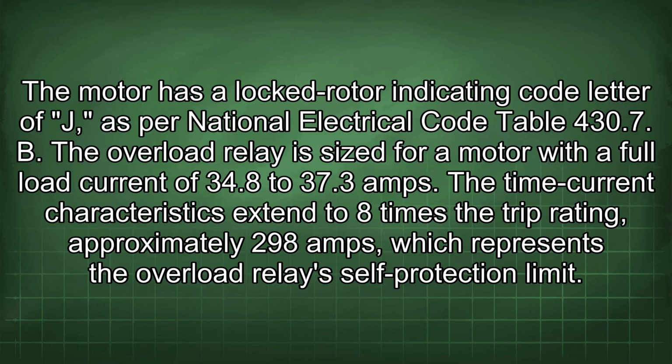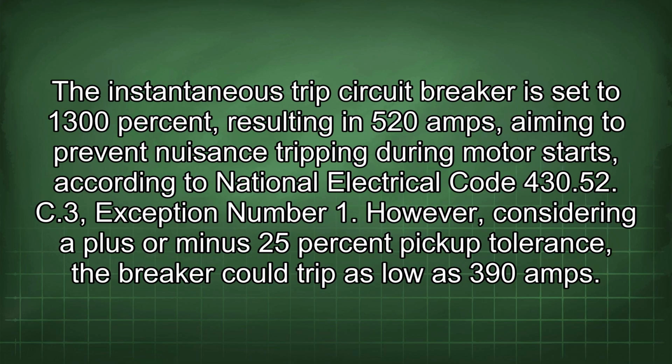The overload relay is sized for a motor with a full load current of 34.8 to 37.3 amps. The time-current characteristics extend to 8 times the trip rating, approximately 298 amps, which represents the overload relay's self-protection limit. The instantaneous trip circuit breaker is set to 1300%, resulting in 520 amps, aiming to prevent nuisance tripping during motor starts, according to National Electrical Code 430.52